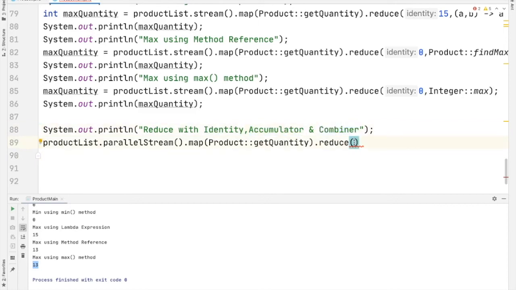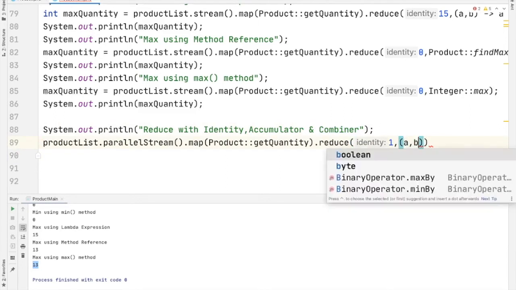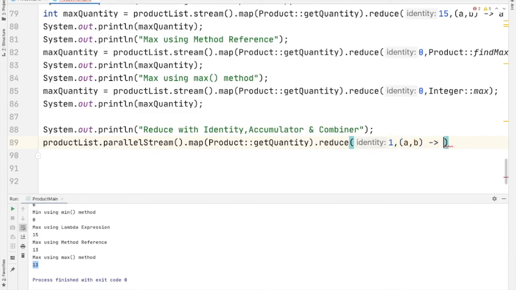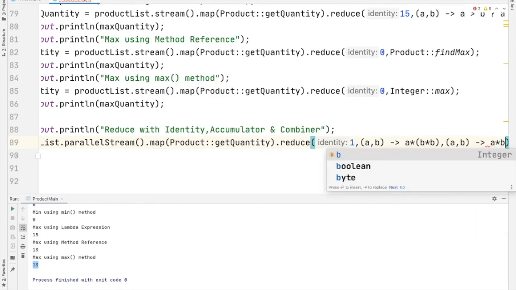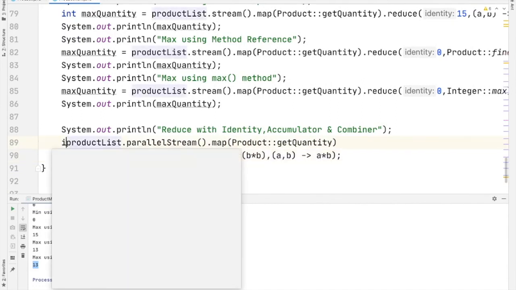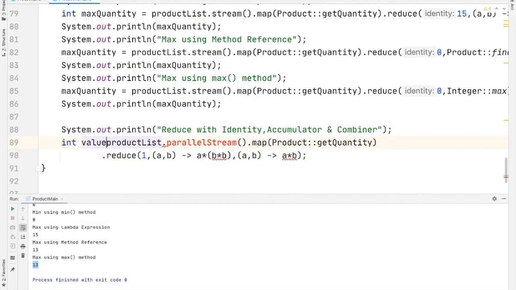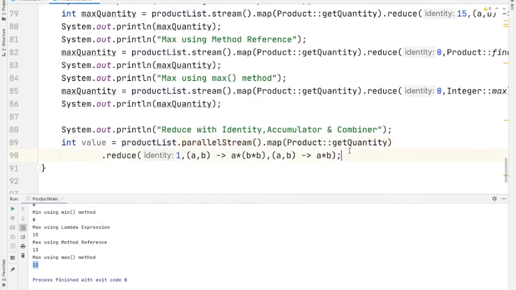I am going to give identity as 1, comma, then accumulator as A, comma, B, lambda expression A into A into B into B. And next is the combiner A, comma, B, lambda expression A into B. Let us assign the result into a variable int value equal to the remaining code.